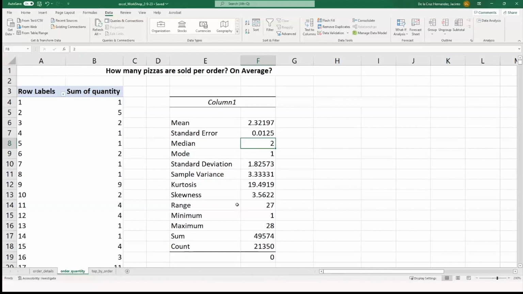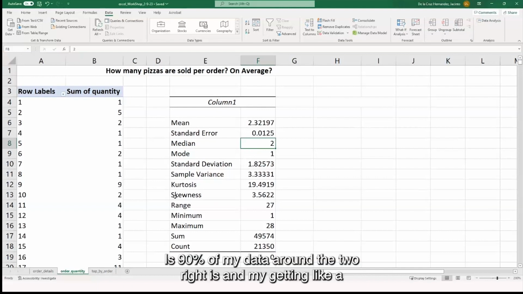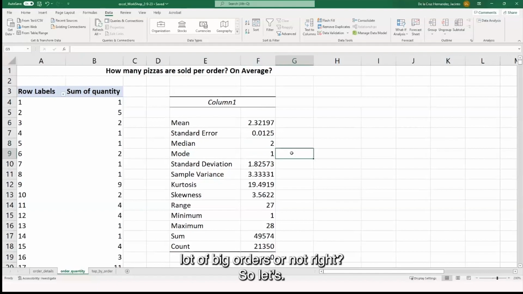How much, like, is 90% of my data around the 2? Am I getting a lot of big orders or not? Right, so let's